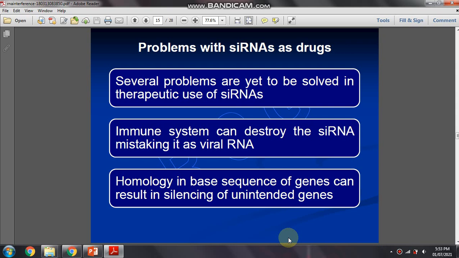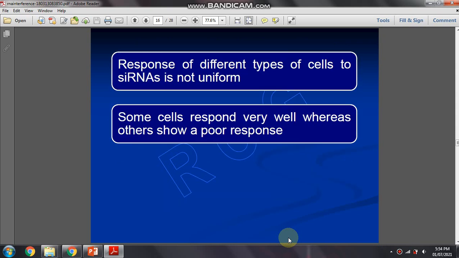That is, when the siRNA is transferred to human cells to target the mRNA responsible for the diseased protein, it is recognized as viral RNA and may be cleaved by the cell's defense mechanism. Homology in the base sequence of genes can result in silencing of unintended genes. Sometimes genes which are not part of the disease may be silenced and can lead to some other disease. Response of different types of cells to siRNA